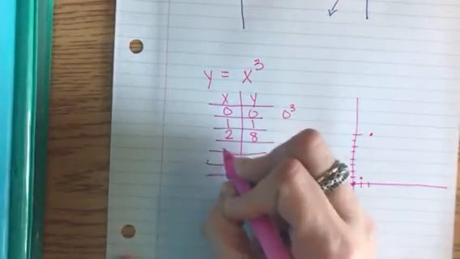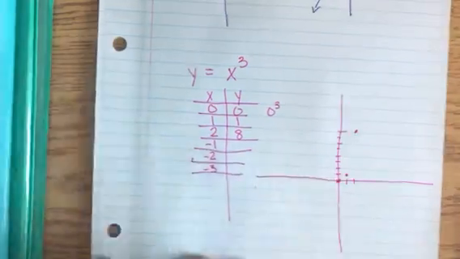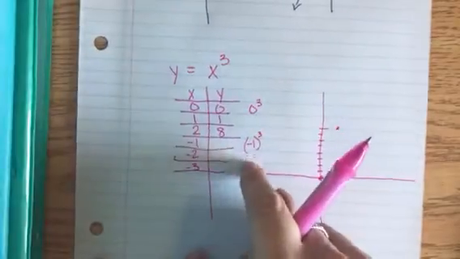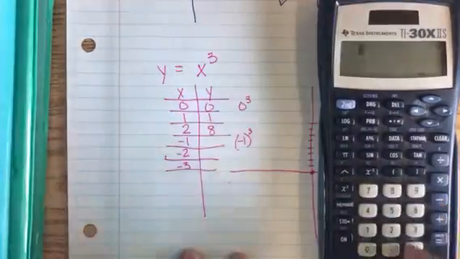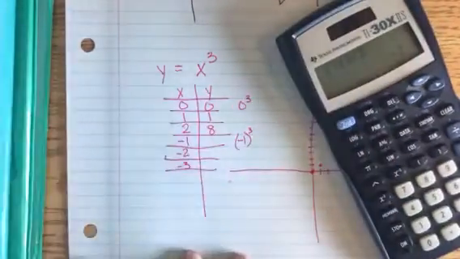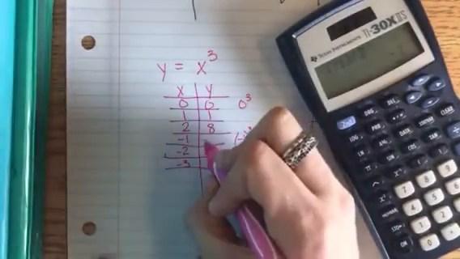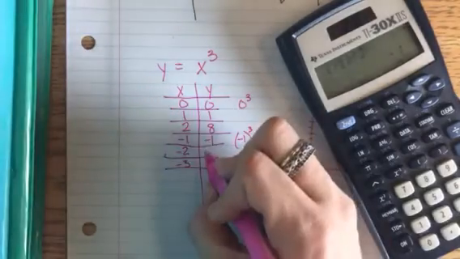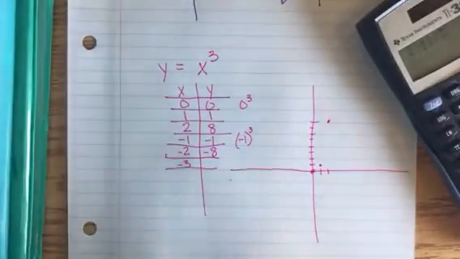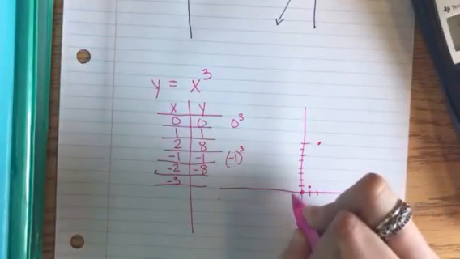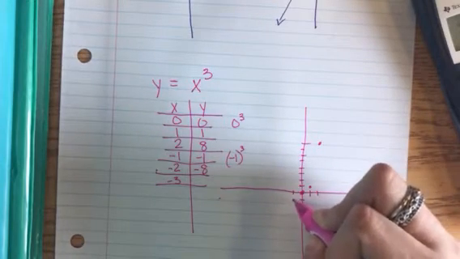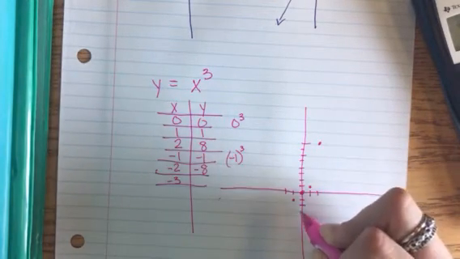So I could plug in some negative numbers. Now be careful, you need to put this in parentheses to get this in your calculator, because you want all of negative 1 to the third power. Or you could take negative 1 times negative 1 times negative 1. Negative 2 to the third power would be negative 8. Negative 3 is going to give me a really big number that I can't fit on here. But I could do negative 1, negative 1, negative 2,